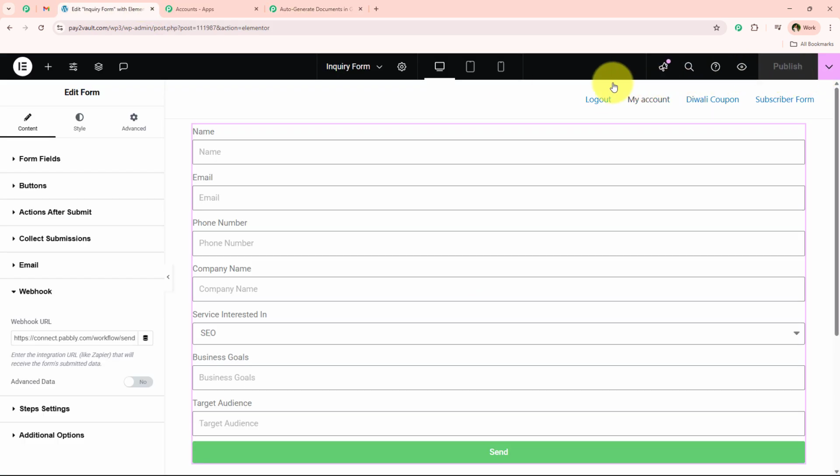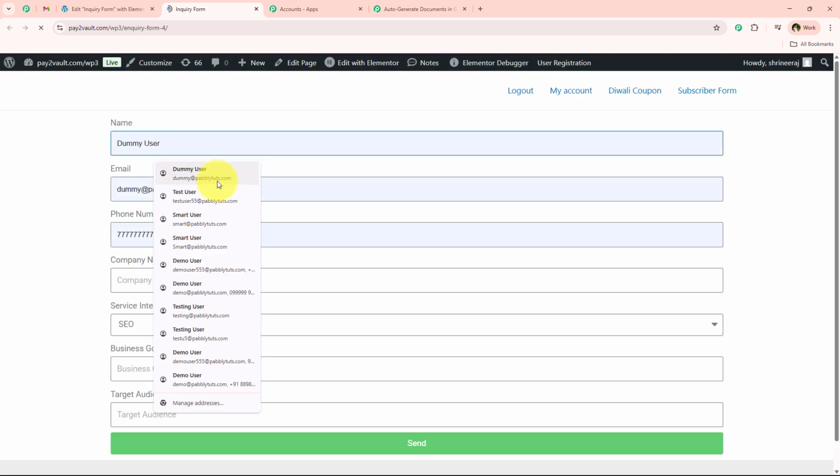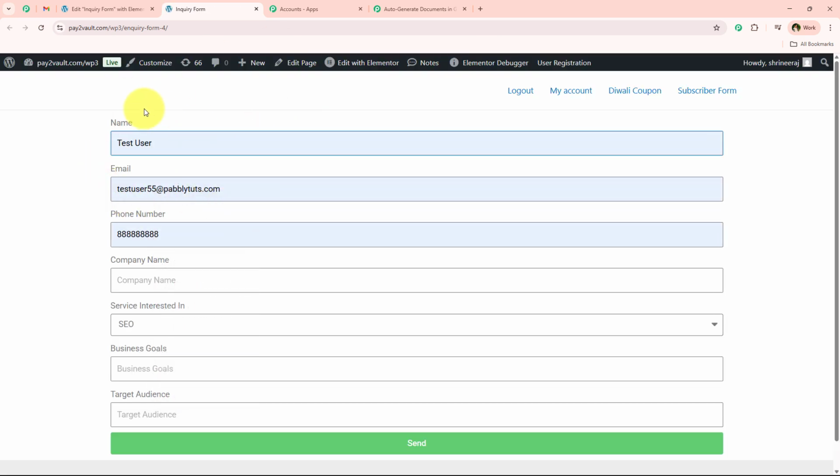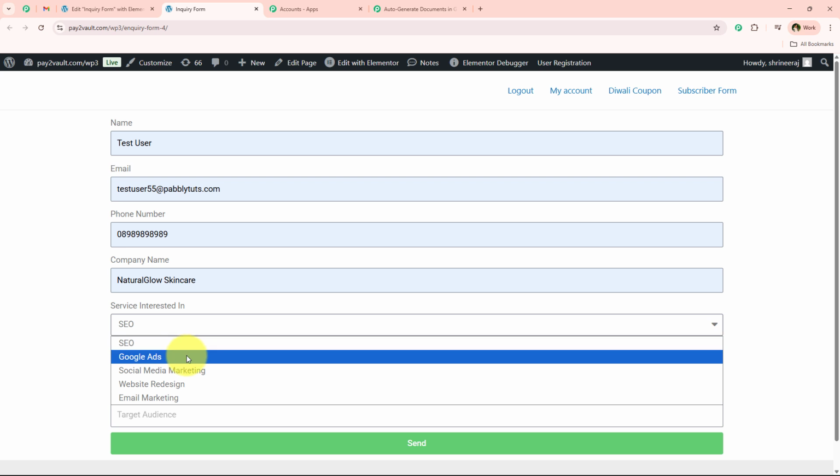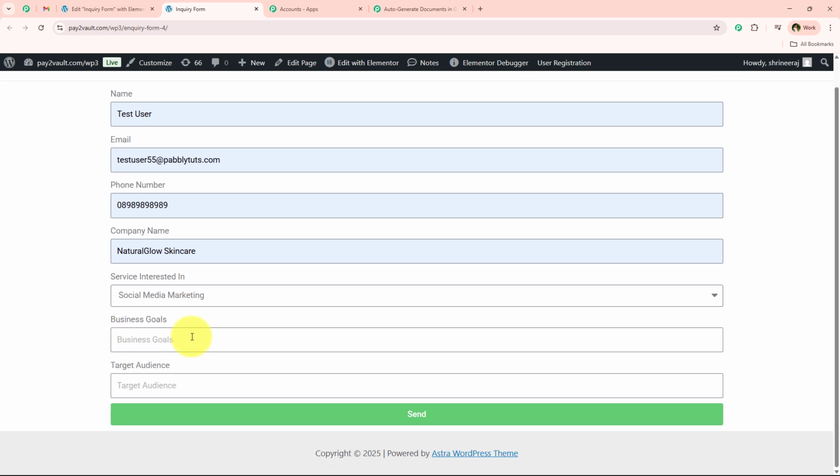For that, I'm just going to open this form right from here. Alright, so I'm just going to go towards this view page right from here, and I'm just going to open this form, and I'm just going to do the test submission. Let's see, for the first name, I'm just going to keep it as test, last name user. This is the email address. For the phone number, I'm just going to keep it as this. Let's say for the company name, I'm just going to keep it as Natural Glow Skincare. For the service, I'm just going to keep it as social media marketing, business goals as higher brand visibility, and